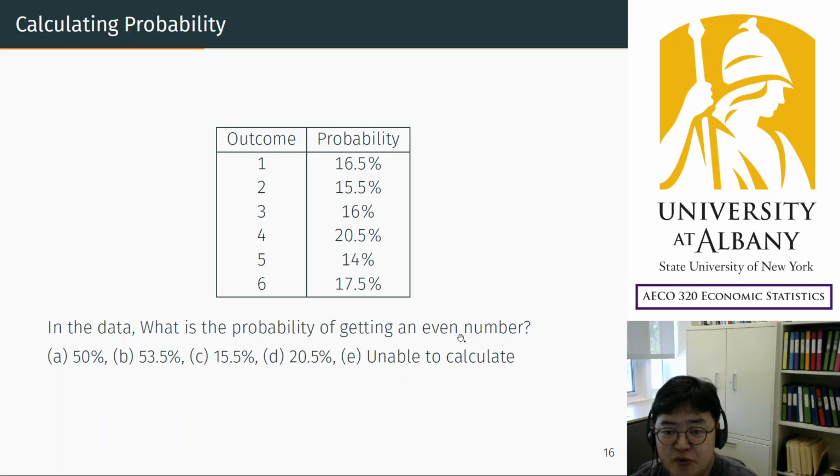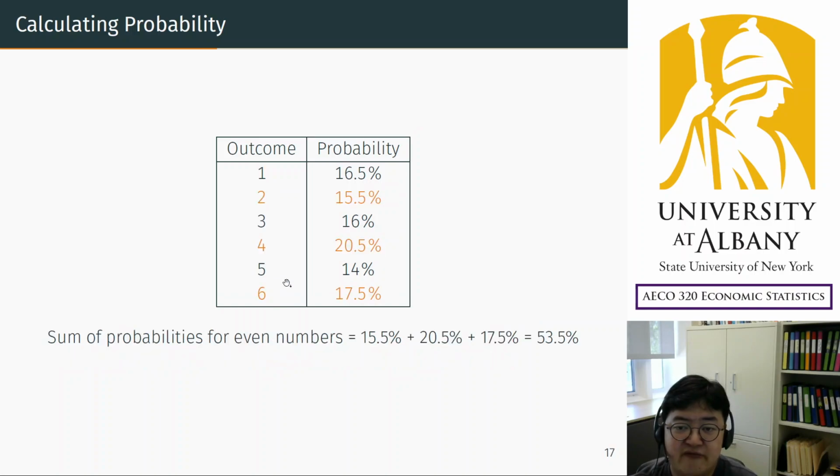I believe this is super simple. So even numbers are 2, 4, 6. So the probability of them is the sum of these three probabilities, right? And the answer is 53.5%, right? You know how to do it. It's easy. But what I want to tell you here is